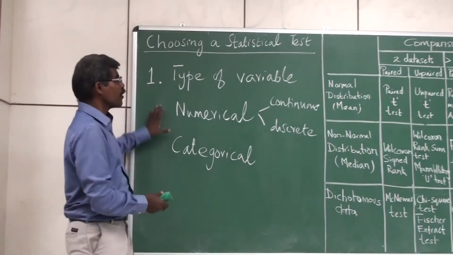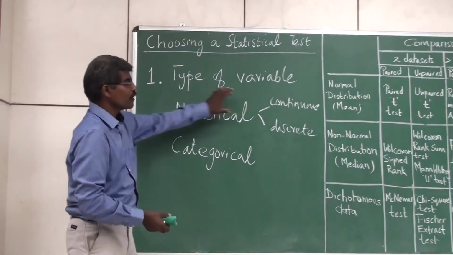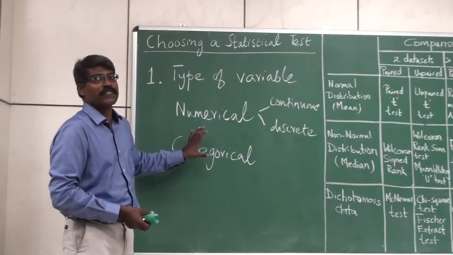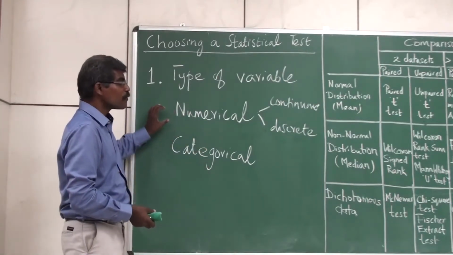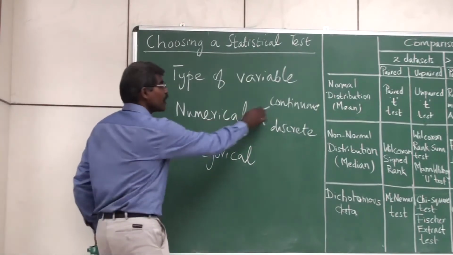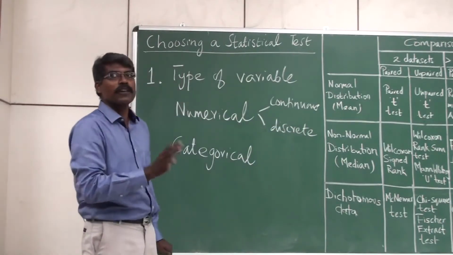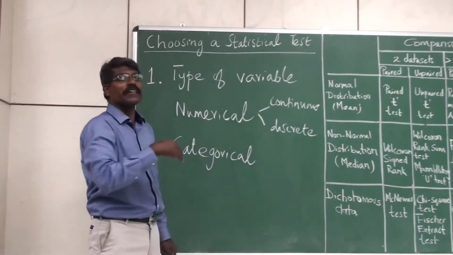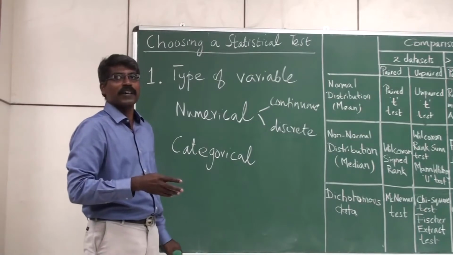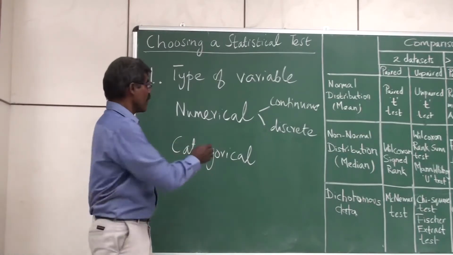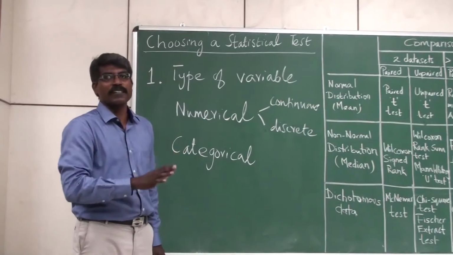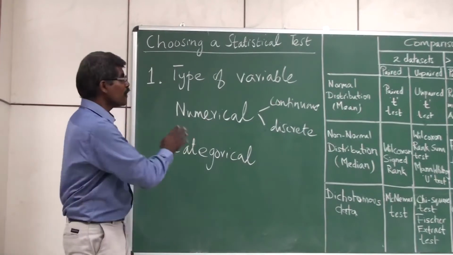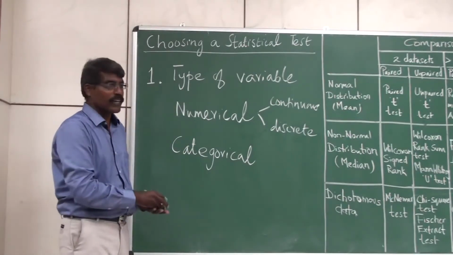So first we need to find out whether our data is numerical continuous, numerical discrete, or categorical. So that's the first factor which affects. One more point which we need to remember at this time is, if it is numerical continuous data, it is usually summarized as means. If it is numerical discrete data, many times it does not follow normal distribution and it is summarized as medians. Categorical data are usually summarized as proportions. So we will just keep this knowledge in mind and see how it is of help. So the first thing you need to know is what type of variable we have, right?